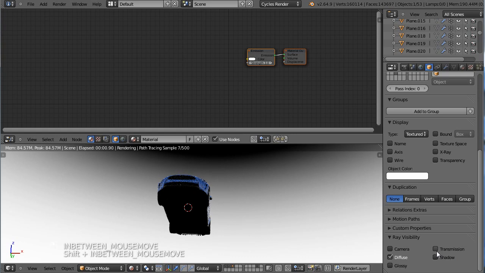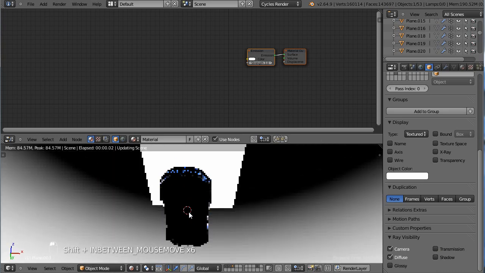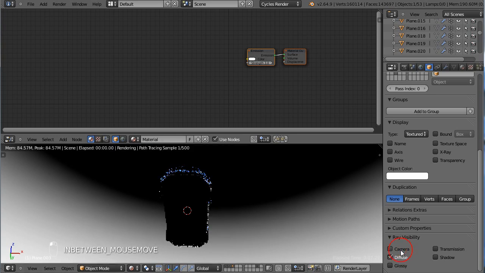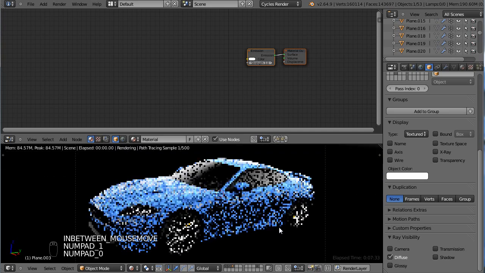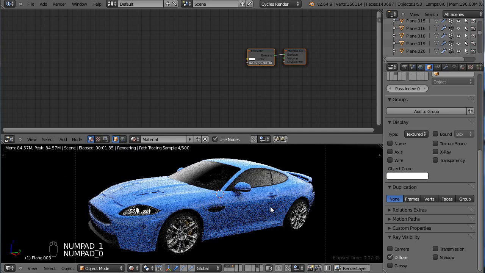And these two I'm not sure, but it should also mean the same thing. So it won't appear in transmission rays and in shadow rays. So if there's another light or emission plane behind this emission plane, it won't cast any shadows, I'm guessing. I haven't tested that. So now if we go back to the camera view, you can see how the car